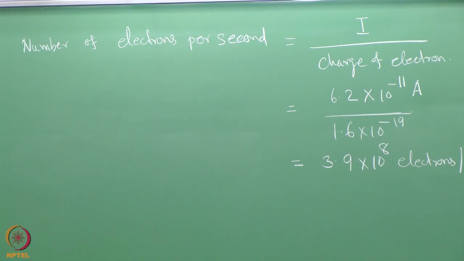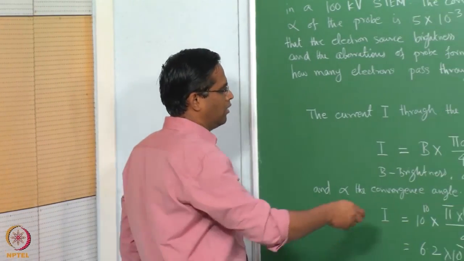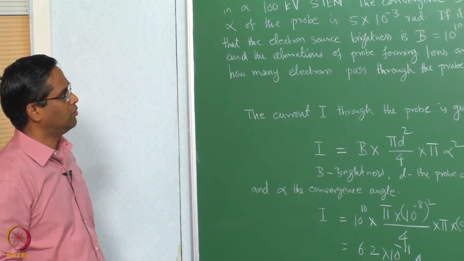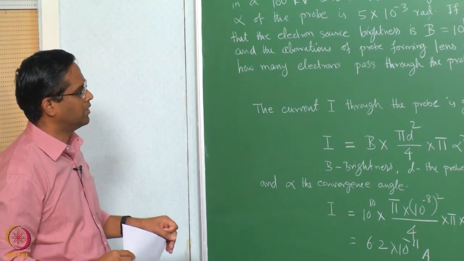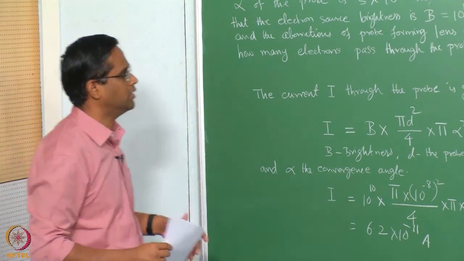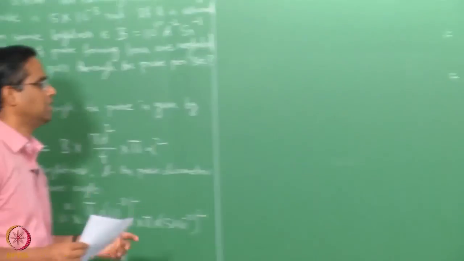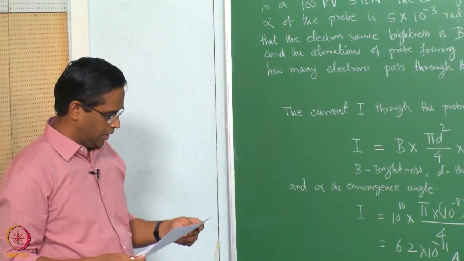So, it is a very simple problem, which involves simple substitution, involving the concept of brightness, probe diameter and semi aperture angle. So you see the number of electrons per second passing through the probe is 3.9 into 10 to the power 8 electrons per second. So, the next problem